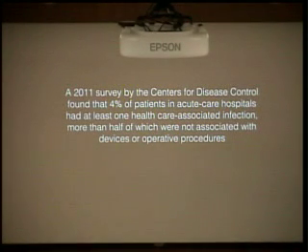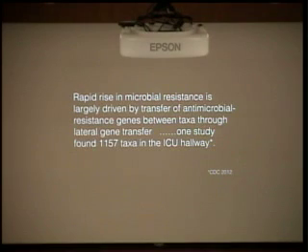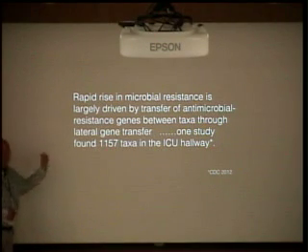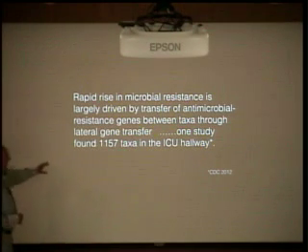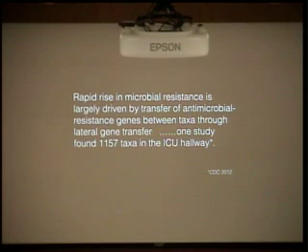This was, again, 4% of patients get some type of healthcare related infection. That's a lot. In rapid rise, if you look at this, this was a study where they just went to the hallway of an ICU. They just randomly swabbed the nurse's tabletop, the chart, when they had charts, the computer top. They found almost 1,200 different species of bacteria just in the hallways. So we work in a very dirty place if you think of bacteria as really dirty.